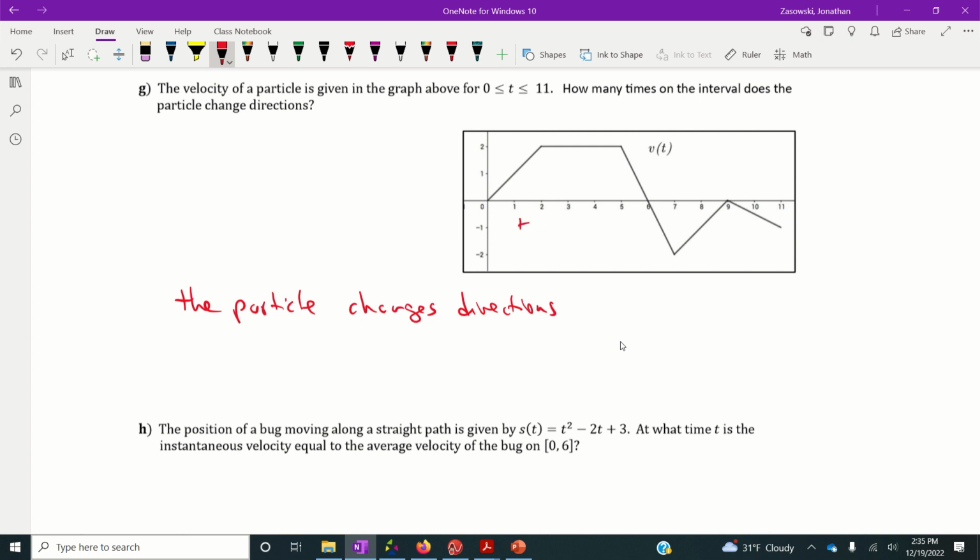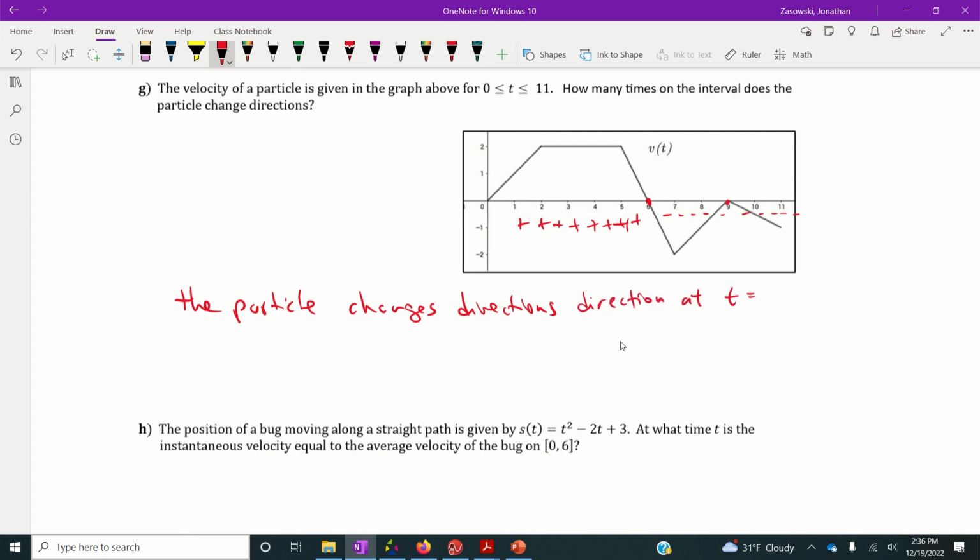Now you can use your number chart here, right? We're positive up until this point. Then we switch to negative. Here we stay negative, right? So even though it got to 0 at these values, it stayed negative around 9, but it changed around 6, okay? It changes directions